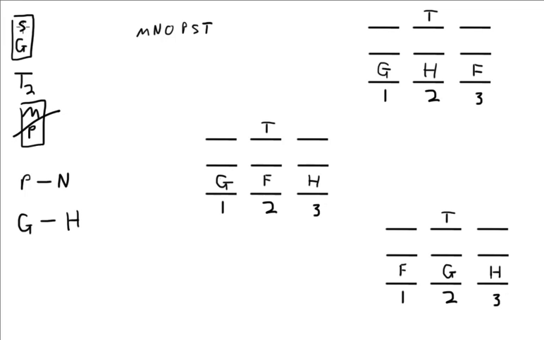Our first rule says that S is in group G. Well, that is easy now. We can just put S right into group G for each of our diagrams. So now this row, our top row, S and G, that's handled. We have T on 2. We have G before H. The only rules that we now need to worry about are M and P not being together, and P has